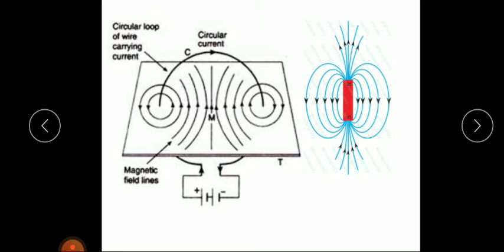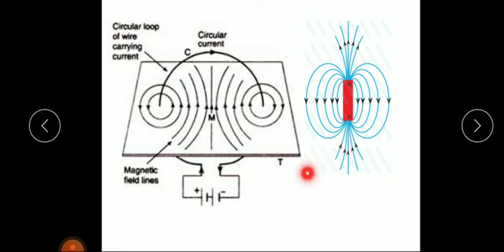Here you can see the magnetic field lines are in the anti-clockwise direction, and here you can see the magnetic field lines are in the clockwise direction. And at the central region, the magnetic field lines appear to be entering into the page. Here the magnetic lines seem to be entering into the page. We studied in the case of a bar magnet, magnetic field lines enter the south face and come out from the north face.